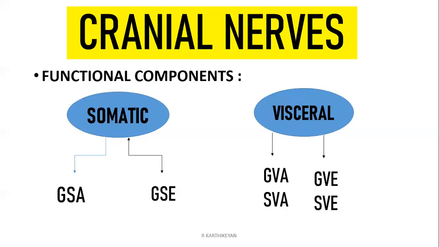So what you must understand is, somatic we have two. Afferent means sensation, efferent means muscle. So somatic, in the body, what muscle do we have? Striated muscle. So we have general somatic efferent which supplies your striated muscle. Somatic afferent. So what do we generally have in our body? You should correlate like that and write. So it is going to be easier. Okay, so this is what you must know.